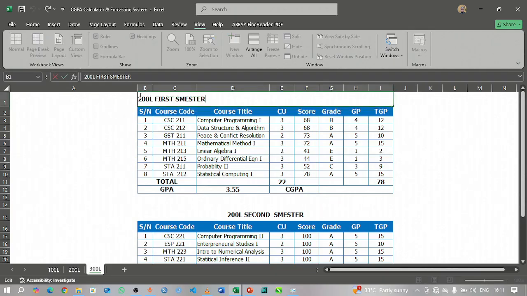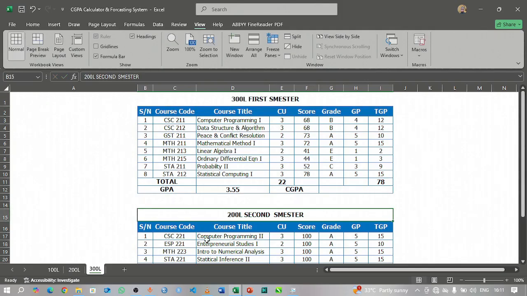So we double click into this, and we double click into this. Okay, we double click into this and change it to 300 level, and we come down here as well. We double click into it and change it to 300 level,